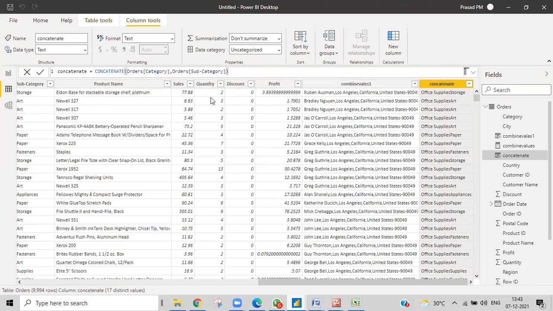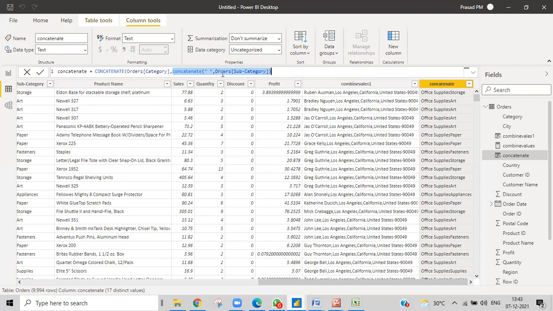If you want to make some gap using concatenate, again we need to use a concatenate, and do two things: a space and then a comma. Forget the earlier concatenate first and only see this part. In this concatenate, I'm adding a space and this subcategory.